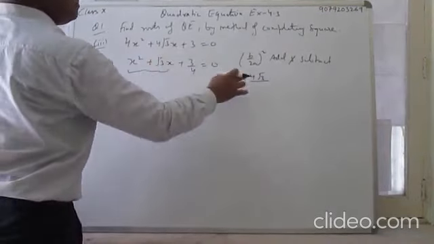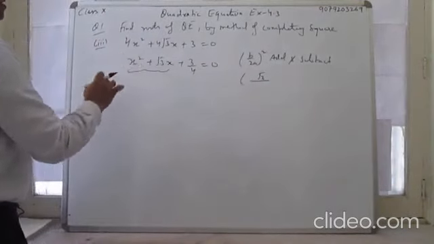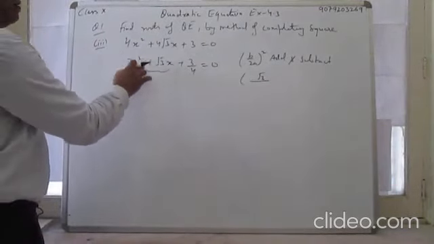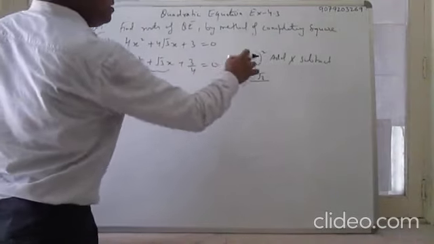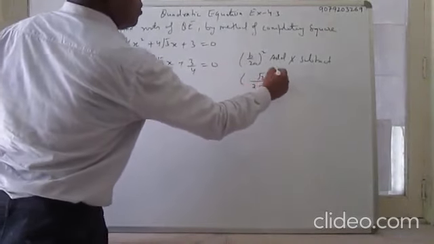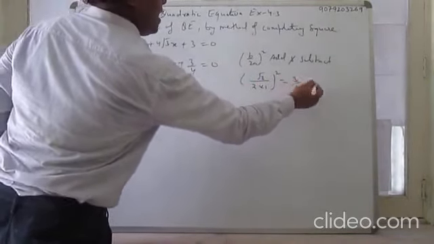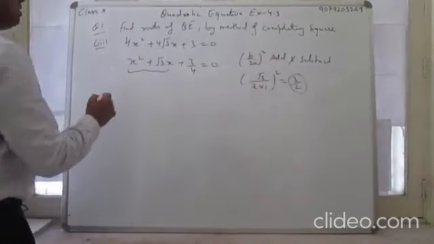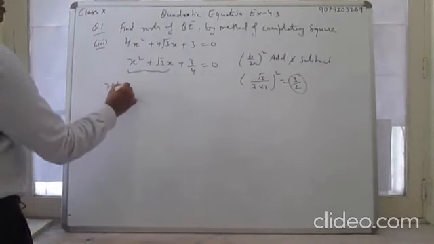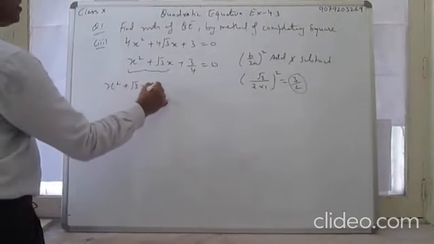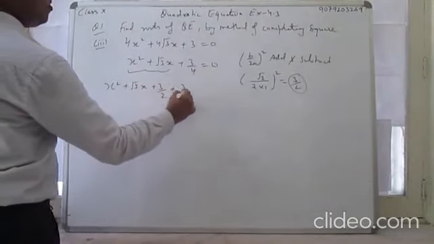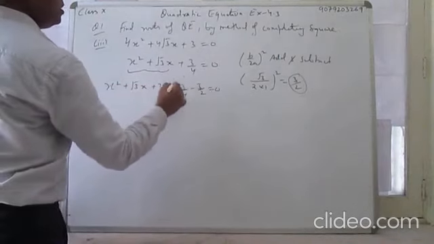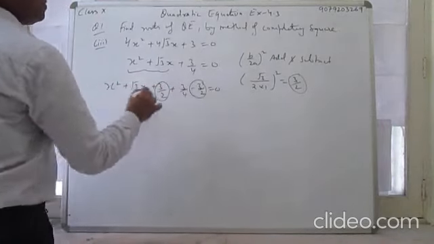In this you can see, what is b? √3. And what is a? 1. So it is 2 into 1 का whole square यानी कि 3/2 add and subtract. 3/2 को आप क्या कर दीजिए, add and subtract. In this x square plus √3x plus 3/2 plus 3/4 minus 3/2. Here you add, here you subtract.